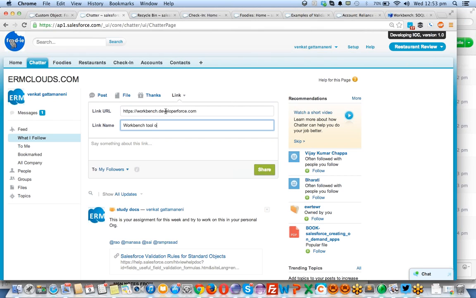Workbench is a tool for developers, because the end users cannot access this, as I'm not going to enable the APIs for them. Only system admins who have permission to access Workbench can use this tool. You guys are all system admins in my current organization. Even in your personal organizations, you are system admins. You can use this tool in any of these orgs.